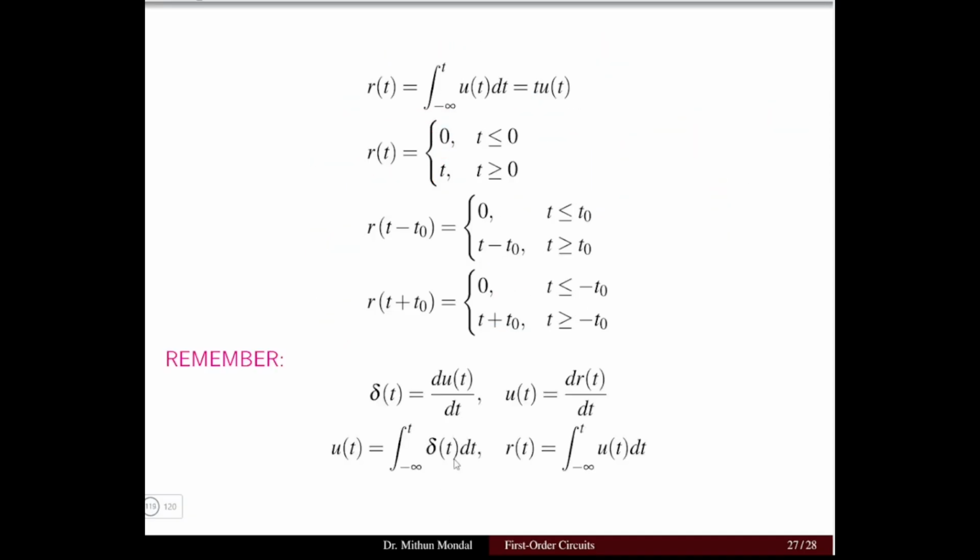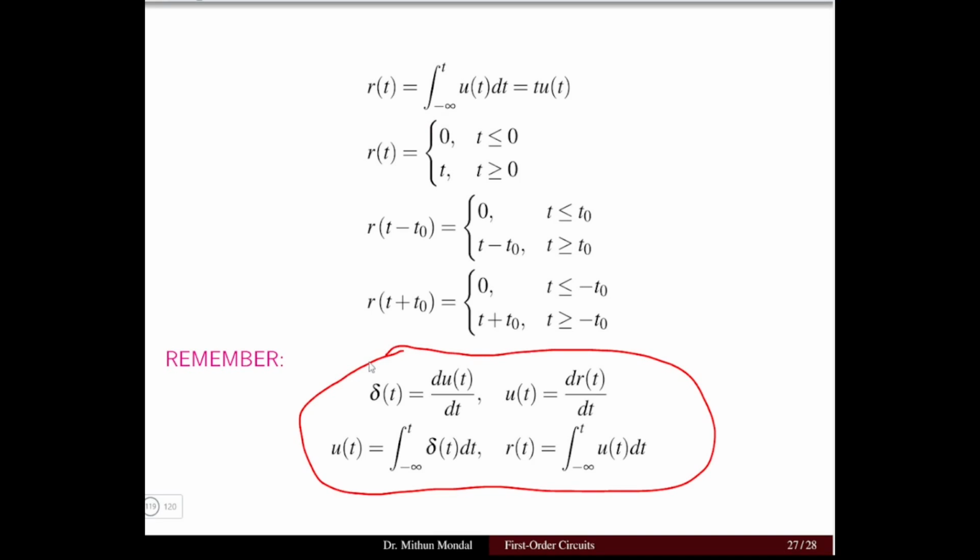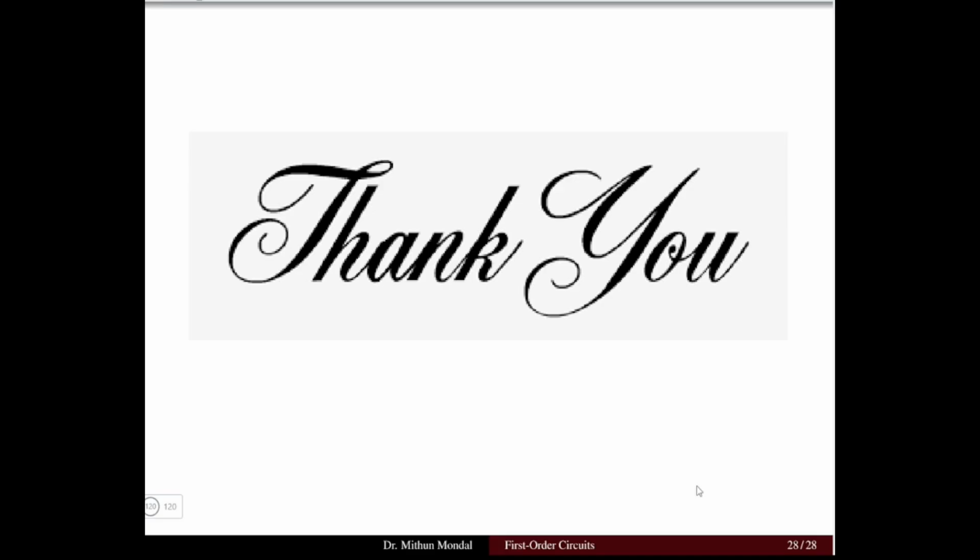So generally you have to remember these equations so that we can model any sources, whether it is an impulse function, a step function, or a ramp function. The impulse function is the derivative of the step function, and the step function is the derivative of the ramp function. Otherwise, the step function is the integral of the impulse function, and the ramp function is the integral of the step function. Either in the differential way or the integral way, you have to remember these equations. So we have discussed a few singularity functions which we are going to use in the next lecture for carrying out the forced